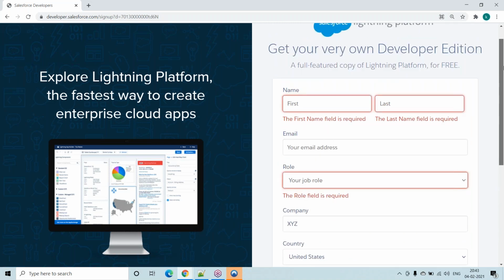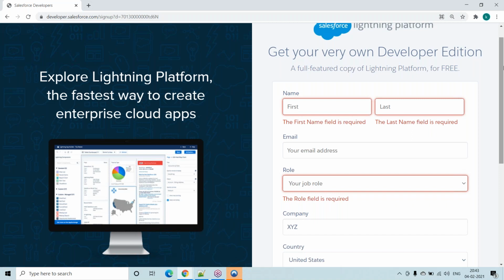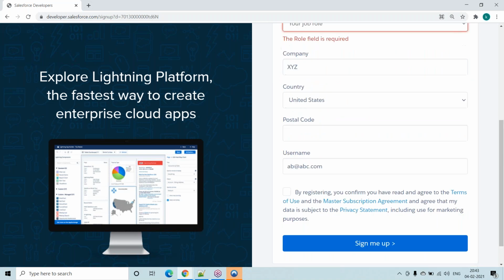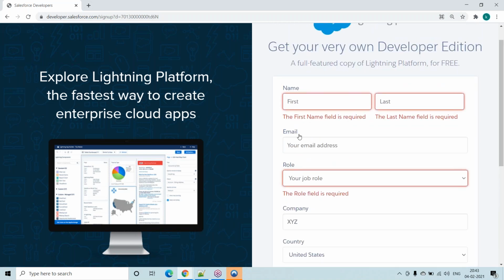So we are trying to open an account with Salesforce. While opening an account, we have to fill all these details, and we have to remember the email address and the username. Click this checkbox and click on sign me up. Then immediately we will receive an email notification at this email address saying that we have to reset your password.